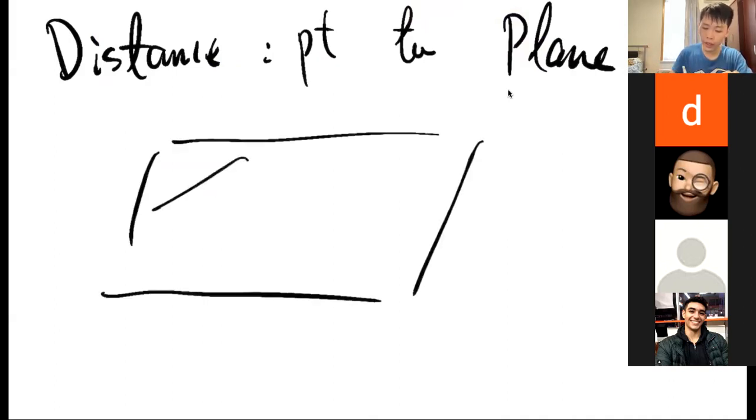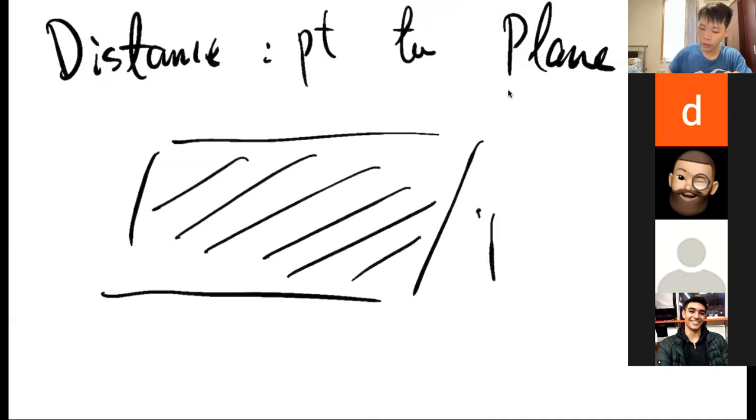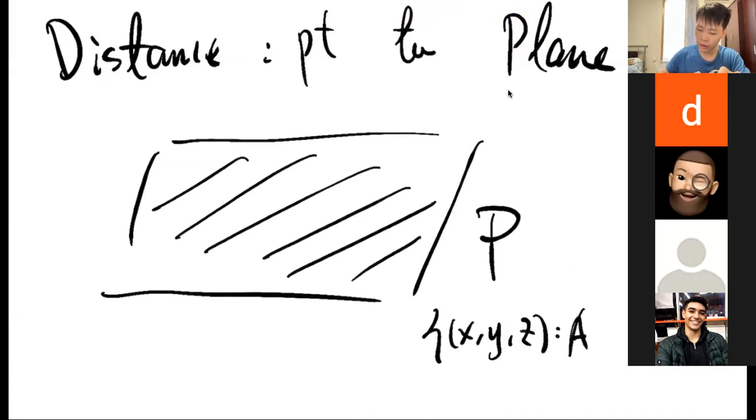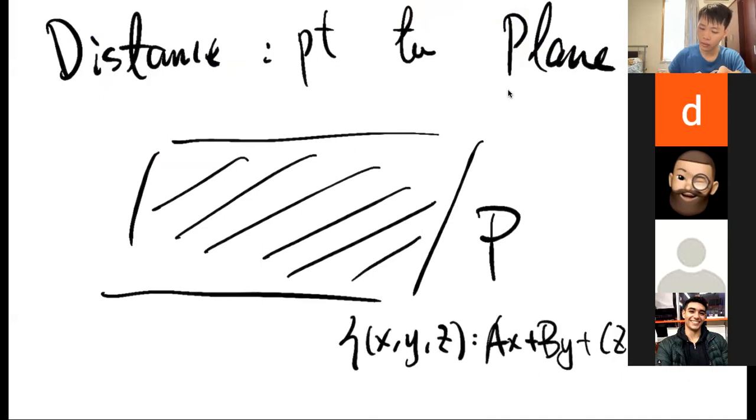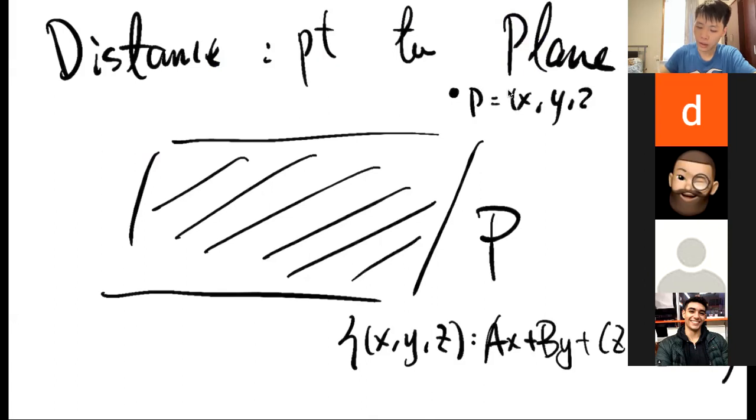So the background here is that we start with a plane. Remember, a plane can be represented by an equation, ax plus by plus cz plus d equals 0, right? And then we have a random point. Let's say point P is x, y, z in R3. We want to determine